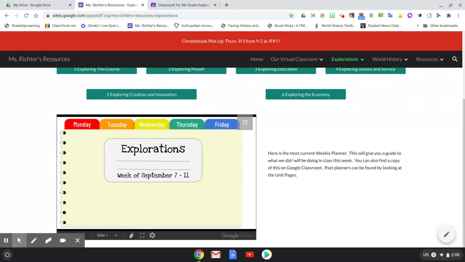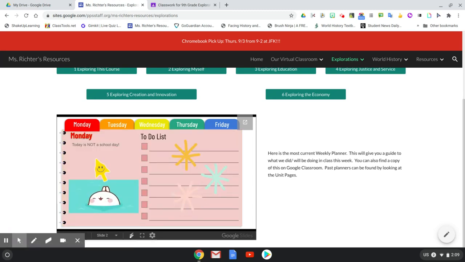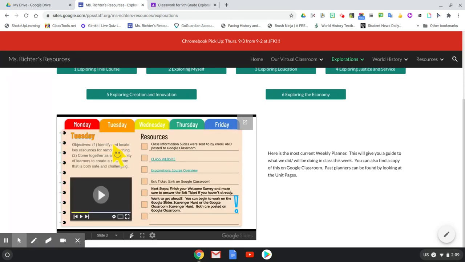I'll also tell you sometimes the whole planner is completed on Monday morning. Sometimes it's updated day by day, so check it regularly. But here's what you want to see. So you click on the day of the week. Monday this week wasn't a school day, but if you click on the day of the week,